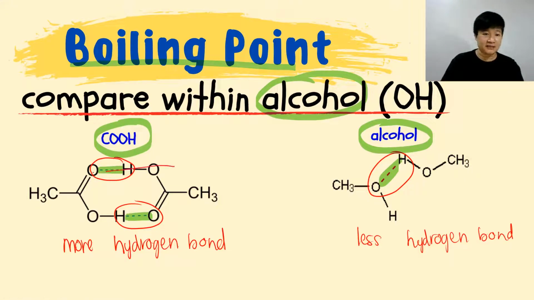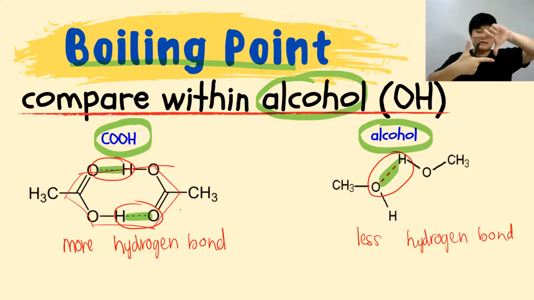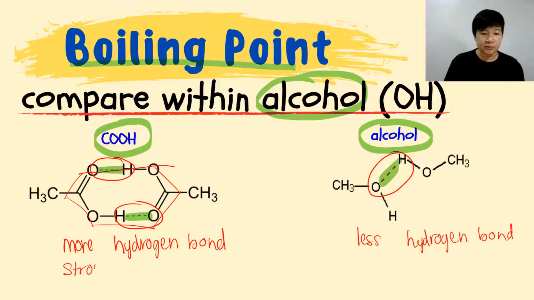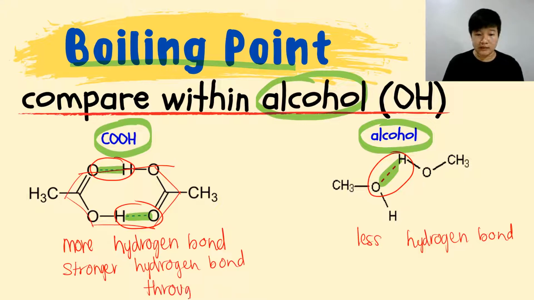Alright, your carboxylic acid over here forming a dimer. Okay? So that is the dimer that will cause the hydrogen bond that you form is extremely strong. Okay? Other than more hydrogen bond, it will be also stronger hydrogen bond. And this stronger hydrogen bond is formed through one word that we call